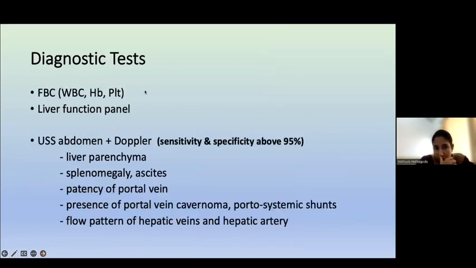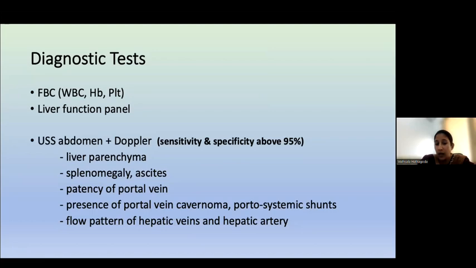When we talk about the other diagnostic tests, you're entitled to check a full blood count to see cytopenias, which you would see if there is hypersplenism. Of course, the liver function panel, because you need to see whether this is due to a hepatic or extrahepatic reason. And the next most important investigation in our part of the world would be ultrasound scan abdomen and Doppler,